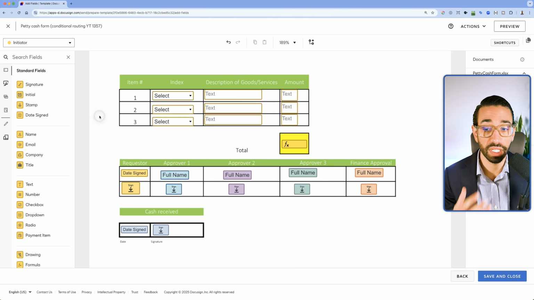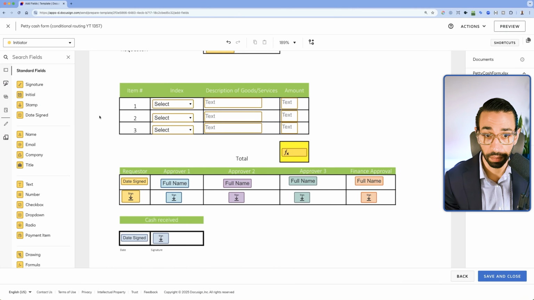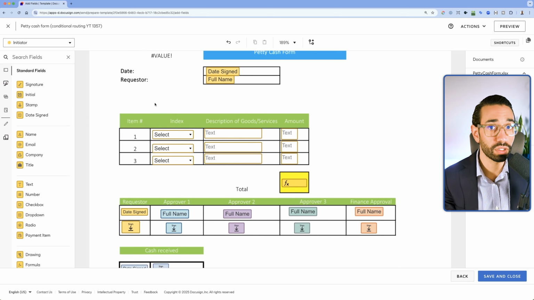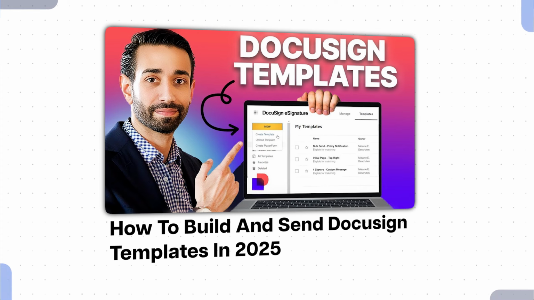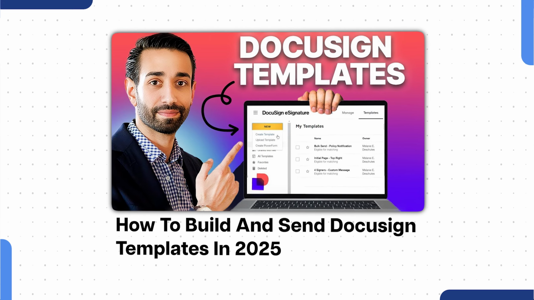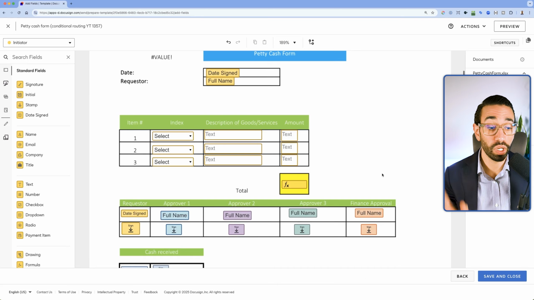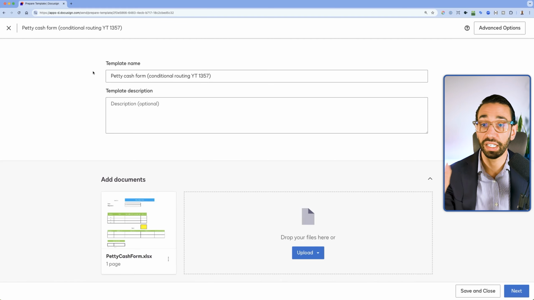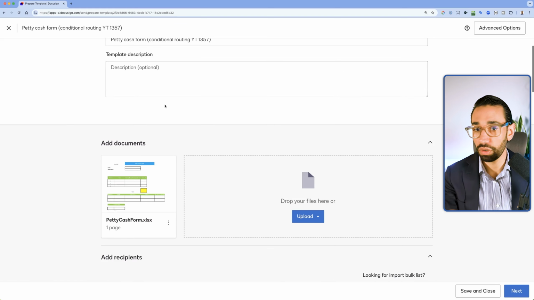So the very first thing that we want to do is to create a template. And if you haven't created a template in the past, I really recommend you watch my video on how to create DocuSign templates. Otherwise, this is going to be a little bit confusing for you. But once you go inside of your DocuSign account and then create your template, then obviously you name your template,